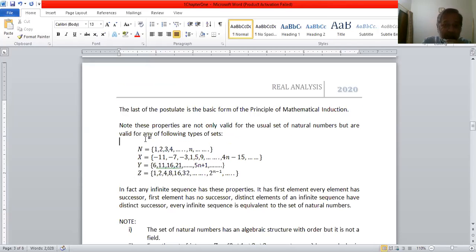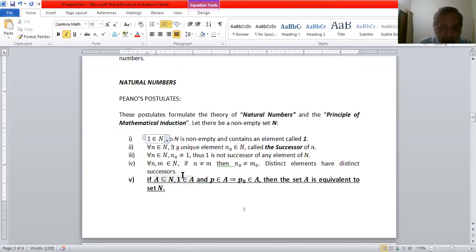And whatever that first element may be, it may be 1, it may be -11, it may be 6, or 2 to the power 0. So you have to have a first element. तो जब पांचवी प्रॉपर्टी लिख रहे हैं तो ये जो 1 है ये एक पहला एलिमेंट है A में, और उसके बाद हर एलिमेंट का सक्सेसर मौजूद है। दैट मेक्स सेट A इक्वल टू सेट ऑफ नेचुरल नंबर्स।